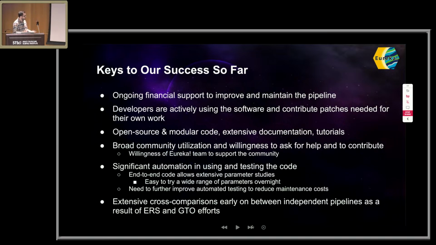The pipeline is open source and modular, which makes it easier to maintain. It's extensively documented, which again makes it easier to maintain and learn. And it has tutorials, making it easier to onboard new people. We've also presented 2 workshops at the Sagan Summer Workshop to help hundreds of people learn to use the pipeline. There's been broad interest from the community to use and learn how to use the pipeline, as well as ask for help, because